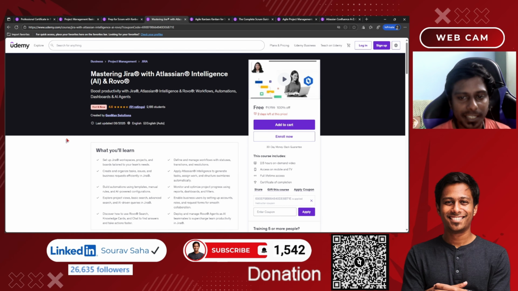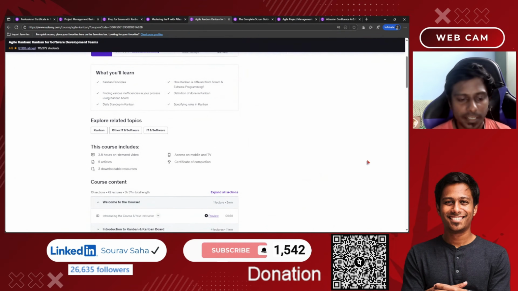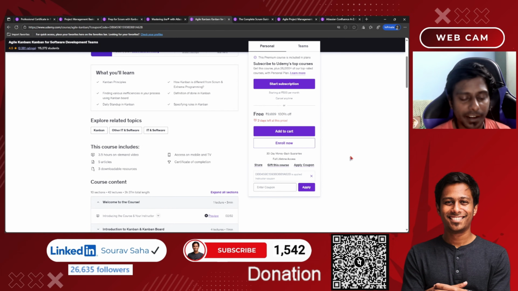Mastering Jira with Atlassian Intelligence and Rovo, where you will be learning more about Jira. That includes 2.5 hours course time. Agile Kanban for software development teams, which is a premium course, and that includes 3.5 hours course time, 5 articles,